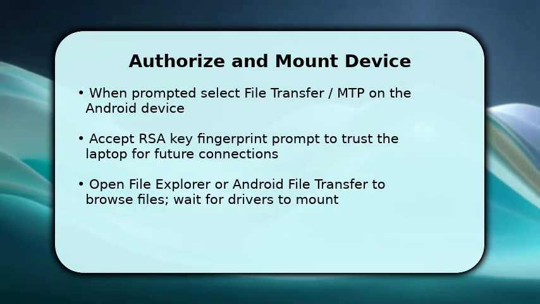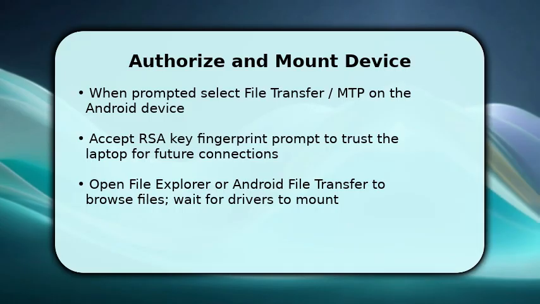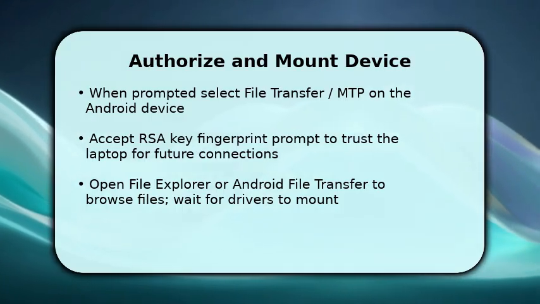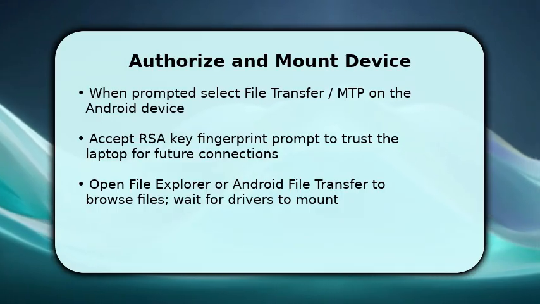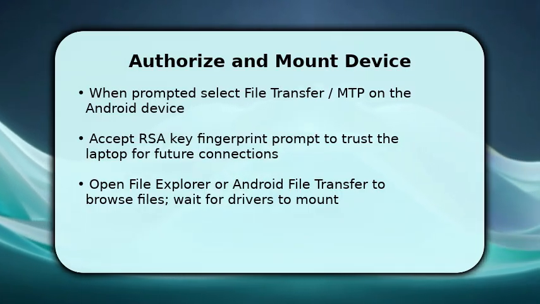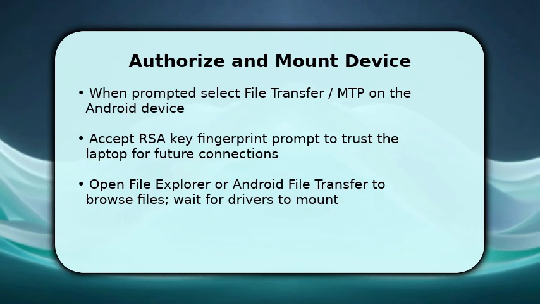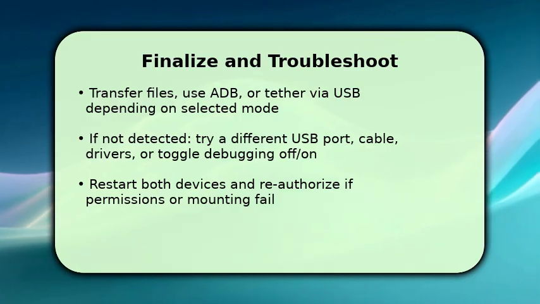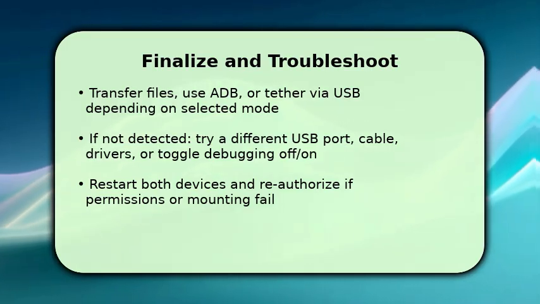On the laptop, open File Explorer (Windows) or Android File Transfer (macOS), and let the system finish installing and mounting the device. If you need ADB access, run adb devices and verify your phone is listed before proceeding. Complete your task. Drag and drop files, run ADB commands, or enable USB tethering for internet sharing depending on the